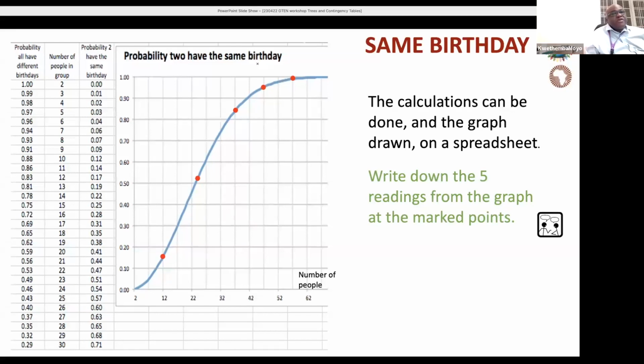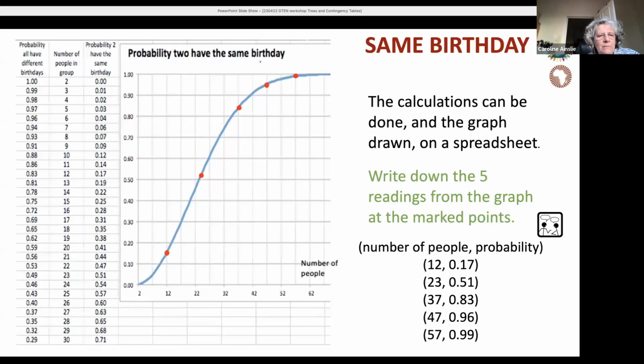So when you give them, we expect you to give us the coordinates of the points. Remember, every point is defined by an X and a Y coordinate. Don't forget that. And I can guarantee you that my coordinates that I've written down aren't going to be identical to the ones that Tony comes up with, because there's a lot of approximating done with this graph. Okay, there are the coordinates. And as Caroline says,